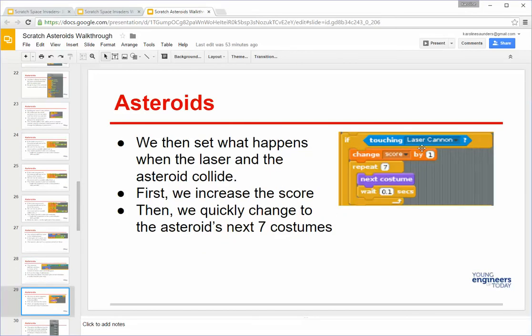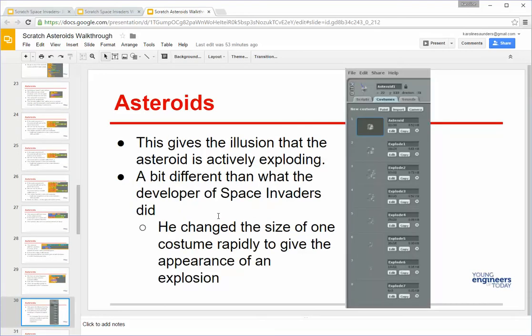So it's actually in the asteroid sprite that will set what happens when the asteroid and the laser collide. Just like before, we're going to increase our score, but this time we're going to quickly change and scroll through the asteroid's next 7 costumes, to give the illusion that the asteroid is actively exploding, so you can see what the explosion looks like in real time-ish, just by changing the costumes real quick. So it gradually looks more exploded